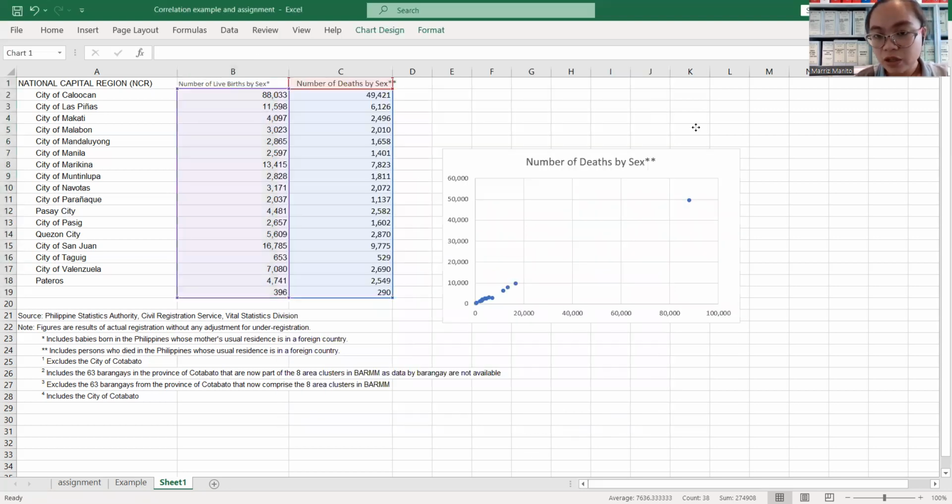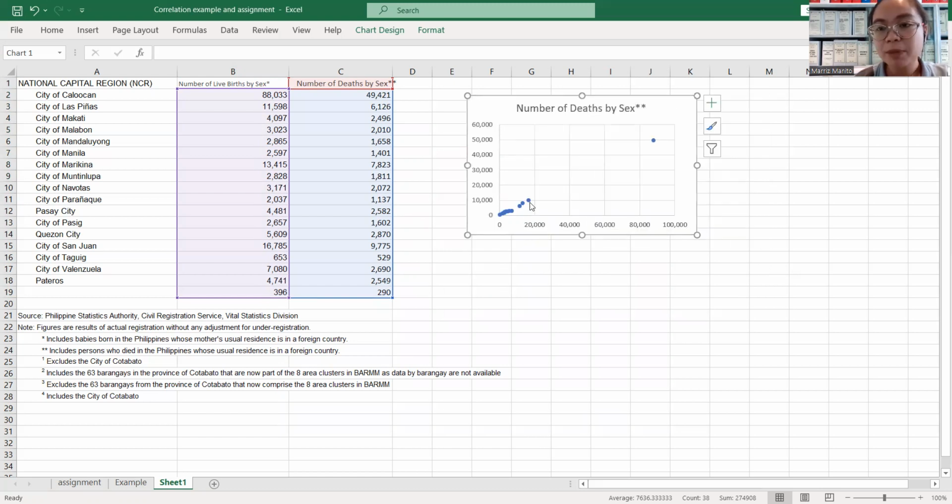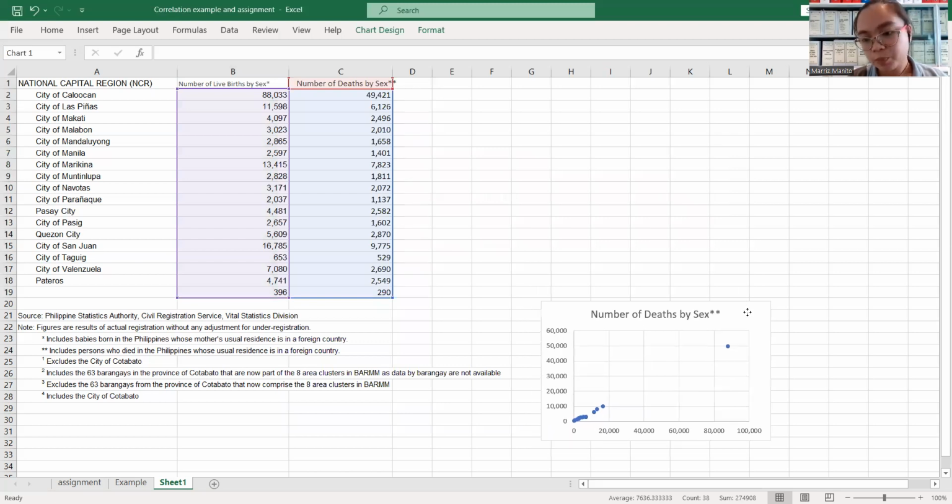From this, we can see in the scatter plot that there's a trend, di ba? It's going upward, and there's one outlier, this one near 50,000, but we can see that there's an upward trend in the data that we have. So we can proceed.